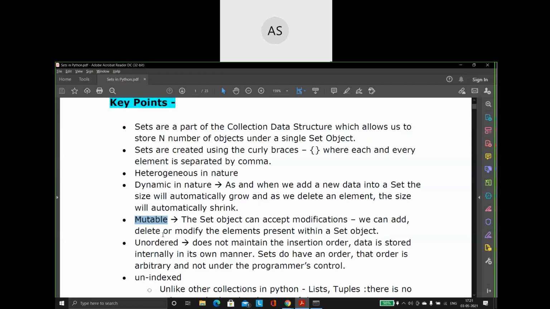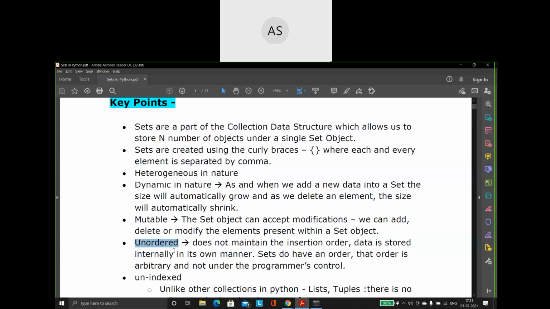Like that, we can do multiple things with sets. That is what we call mutable. Now, one very important point with sets is that it is unordered. Unordered in the sense that, normally when I add data into my list, in whichever way I am adding, the data is going to be stored in the same format.